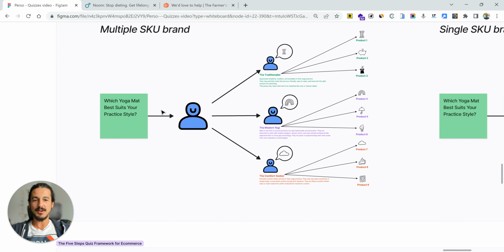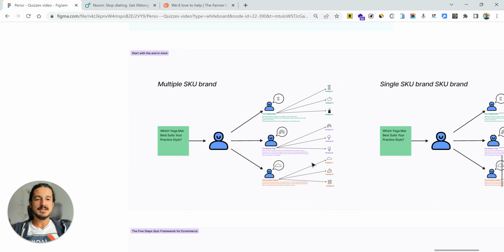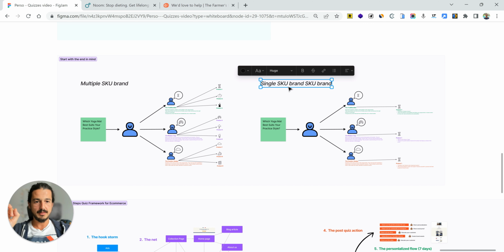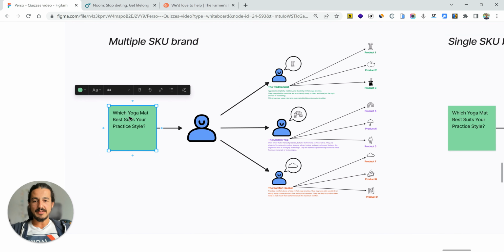Maybe it will be easier. So I've just segmented here to show you one thing: you don't need to have several products to create a quiz. It also works when you have one single product. So if we take, for example, which yoga mat best suits your practice style,